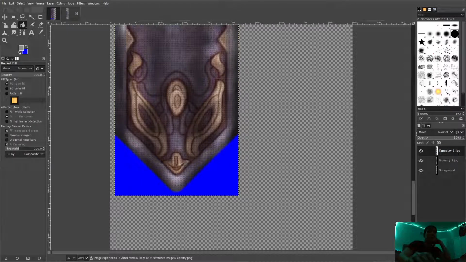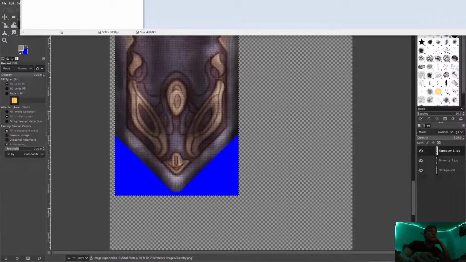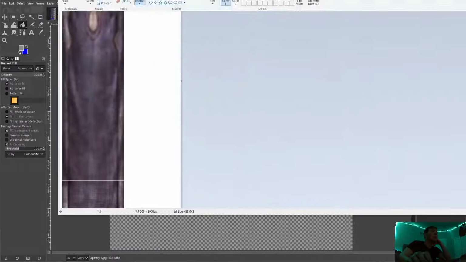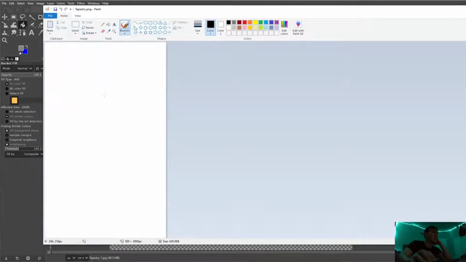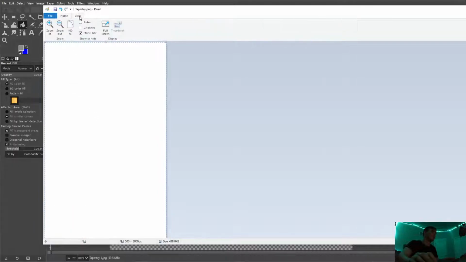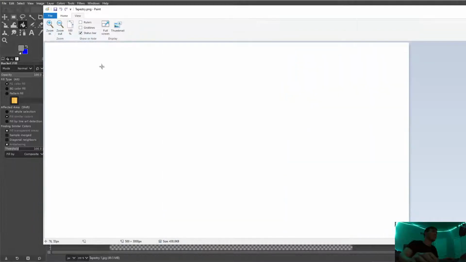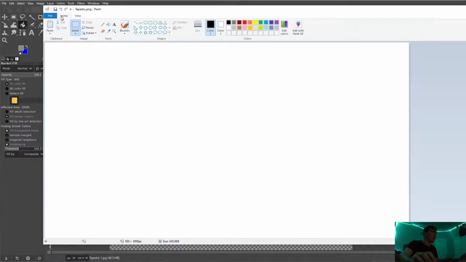And I want to open this and edit. The reason I'm opening it in this is just because it's easier to route everything and remove unneeded cropping. At least I don't know how to crop well with GIMP. So